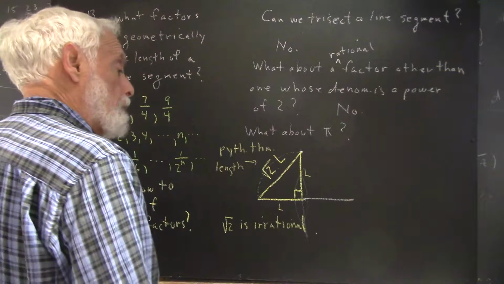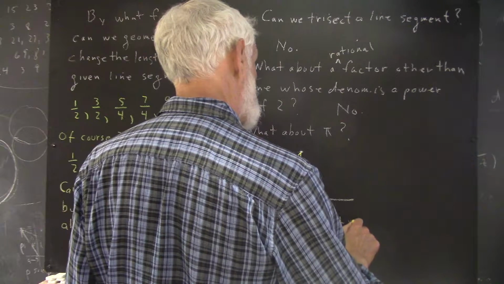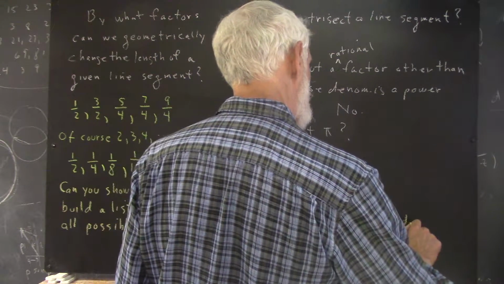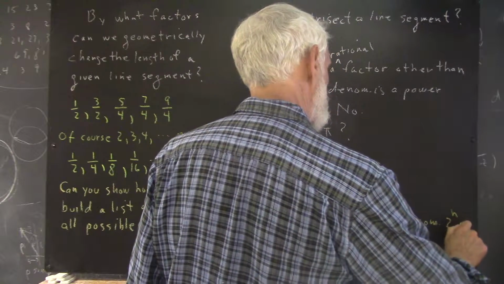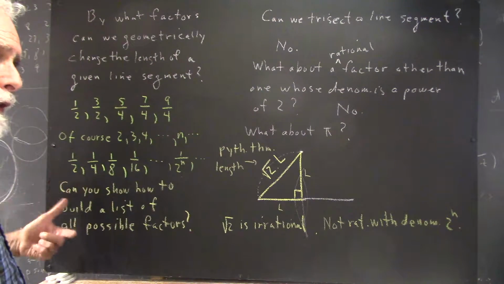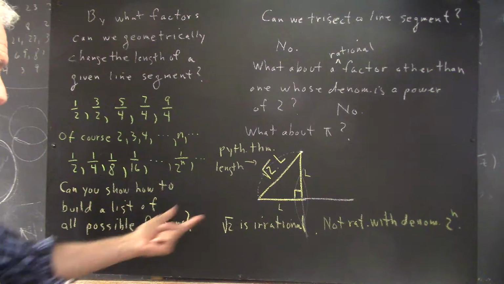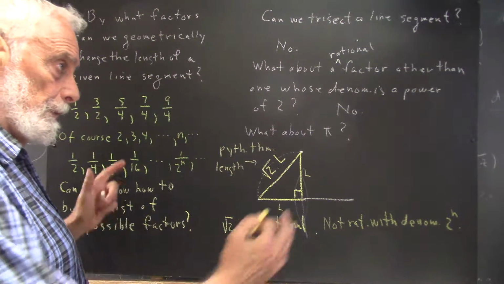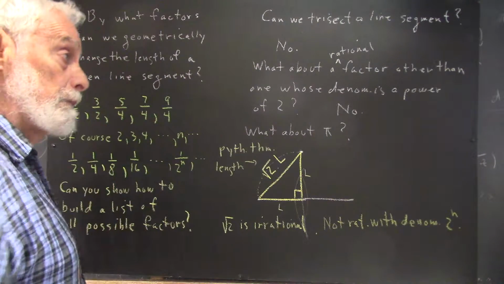So that means, among other things, it's not rational with the denominator of 2 to the n. And all these here, unless you've come up with other possibilities for the list, are rational with denominator 2 to the n. And the 2 to the n comes about simply because you're always subdividing by factor 2 using your